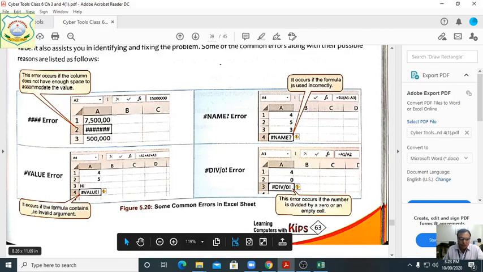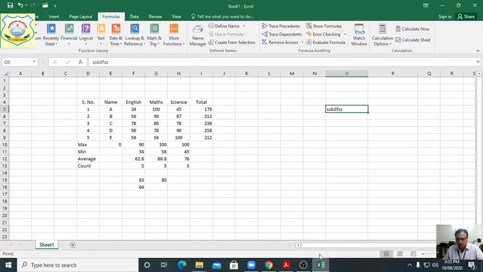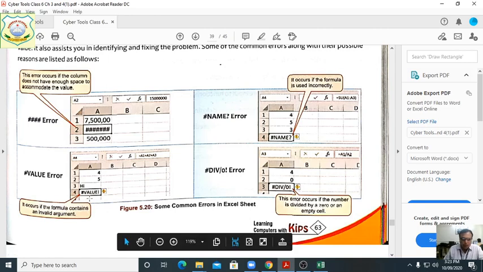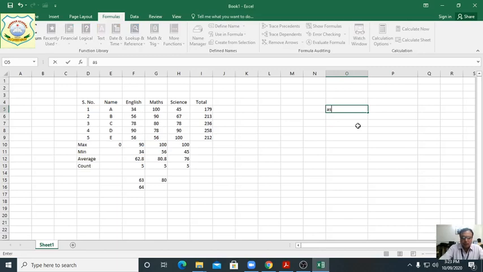See here, it occurs if the formula contains an invalid argument. Here this is for the argument. Okay, students, again I am showing you. We have written this one.